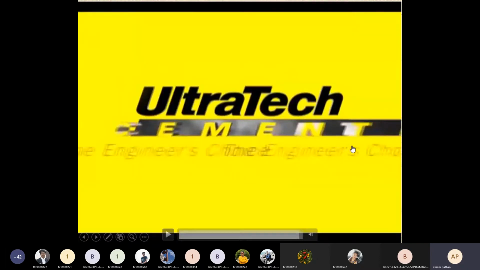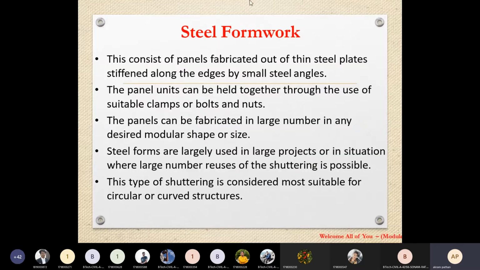So in this video, we saw how care should be taken while doing the plywood formwork. Whatever the work may be, we have to apply certain oil or grease to the inner side of the formwork. So while dismantling or removing the formwork from any type of work, we can remove it without any breakage to the structure. So care should be taken in the case of any type of formwork.